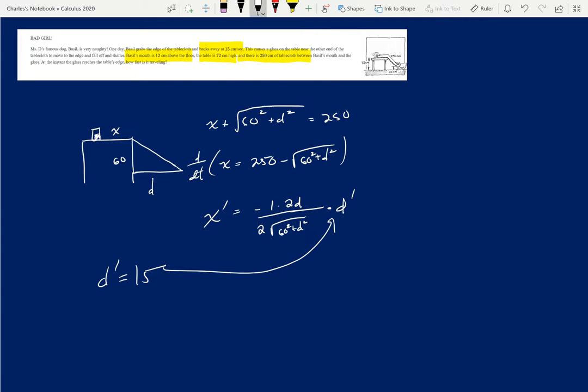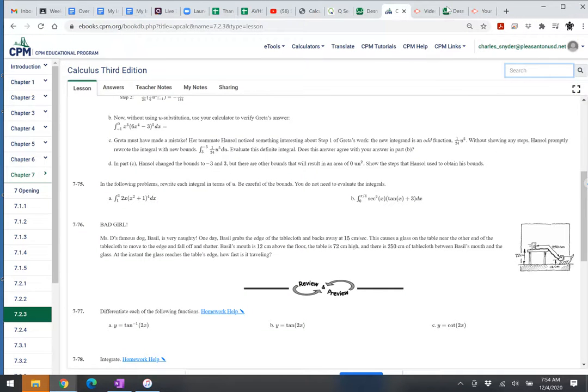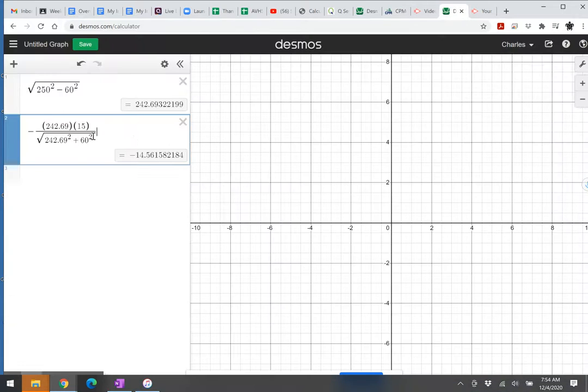So to find out what d is, d squared plus 60 squared is equal to 250 squared. You can solve that, and when you do, you get that d is equal to